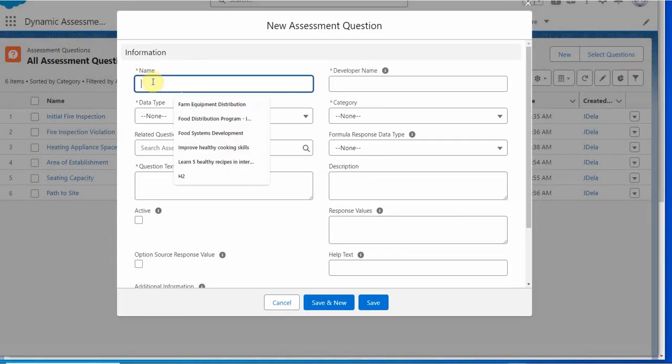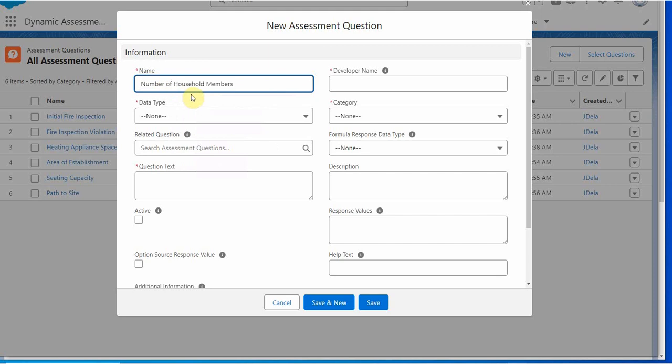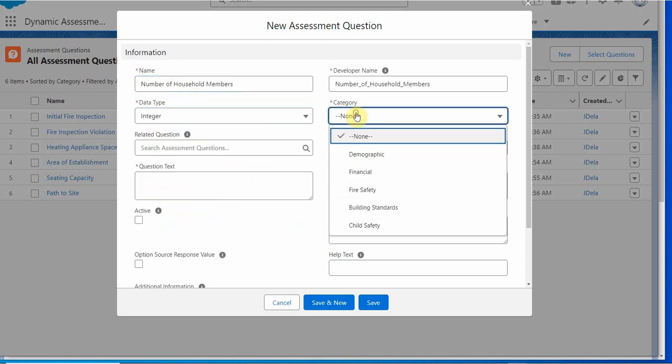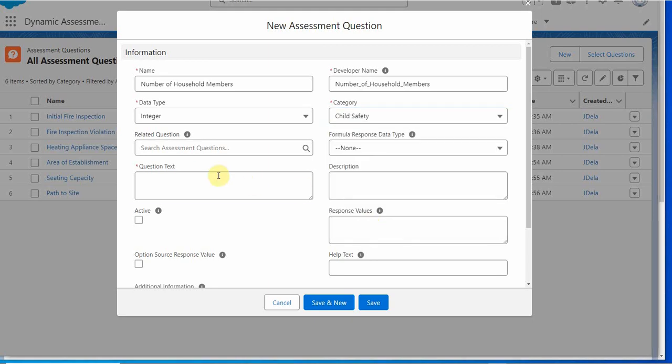The name of the question is Number of Household Members. It's an integer with a category of Child Safety. The required question text is "How many members in the household?" This may be where we could put the 1 here too, so I'm going to throw that in. Let me just see how that's going to look. We're going to mark it active,